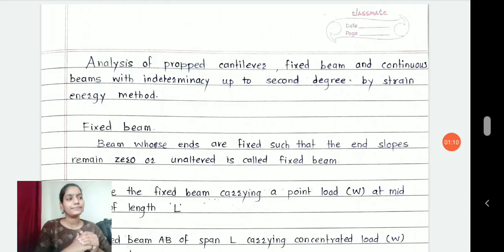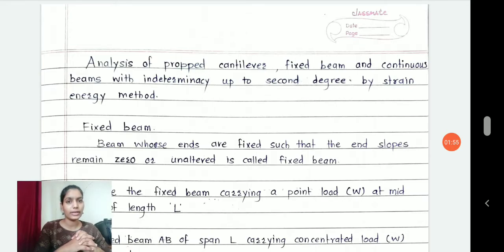And we understood how to calculate the degree of indeterminacy in a structure. Then we will be able to understand that the number of equations available to analyze such structures is limited, which are three equilibrium equations. Therefore, since we have very limited equations to solve any structure, we have to take help from the compatibility equations, conditions which help us form the equations we can use for finding the unknowns